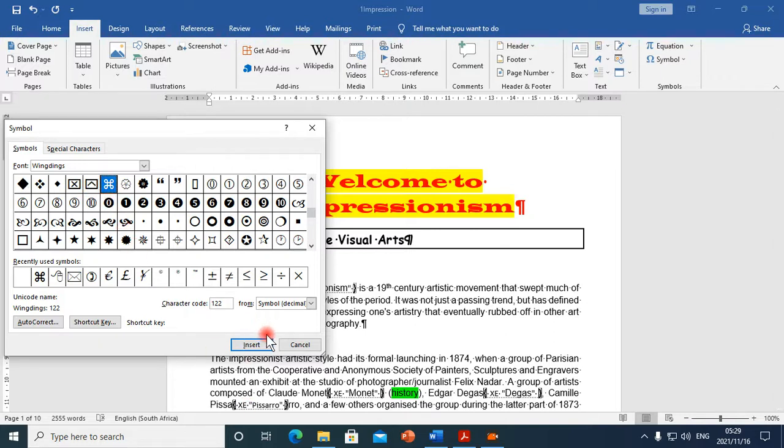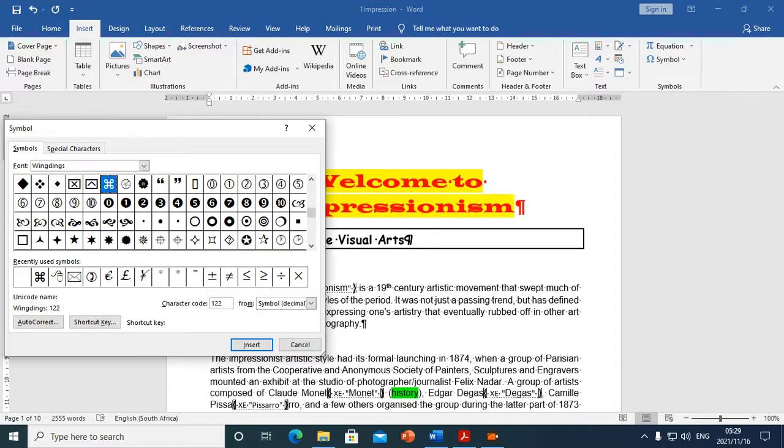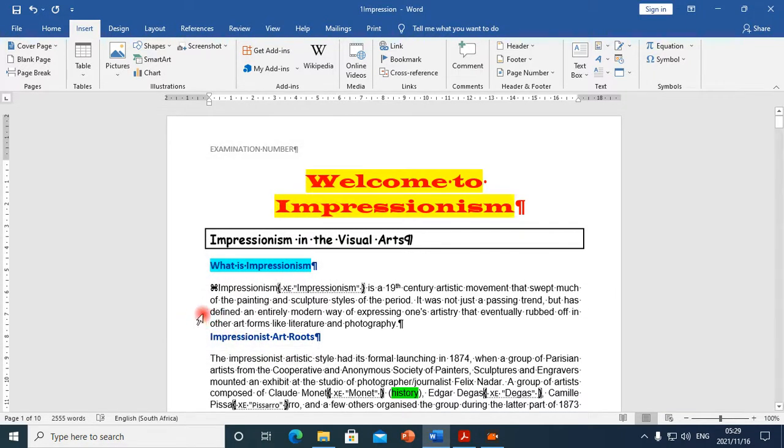Okay, so this is the first step. You look for wingdings over there, then you can type the code for you to get it quickly. Otherwise, you will need to scroll up and down this list. But if you type, it will quickly jump and highlight it in blue. Then you click on insert. Okay, after clicking on insert, we've inserted it twice. So you can go and